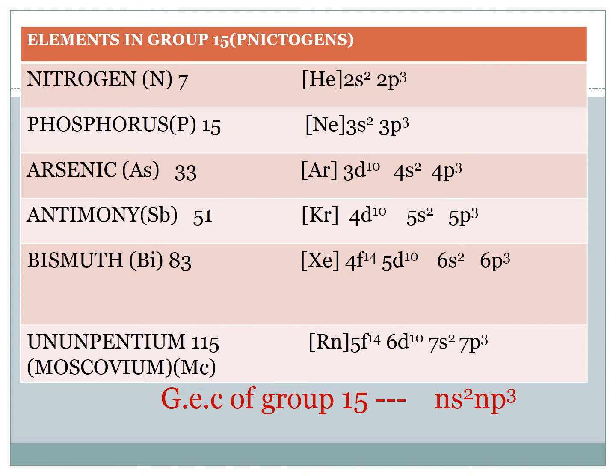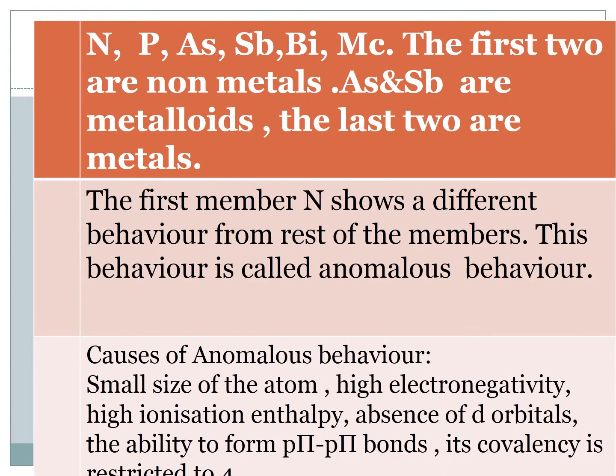The first two members are non-metals, that is nitrogen and phosphorus. They have non-metallic behavior. Arsenic and antimony are semi-metals or metalloids, whereas the heavier members bismuth and ununpentium or moscovium exhibit metallic behavior. The first member, nitrogen, exhibits a different behavior from the rest of the members,